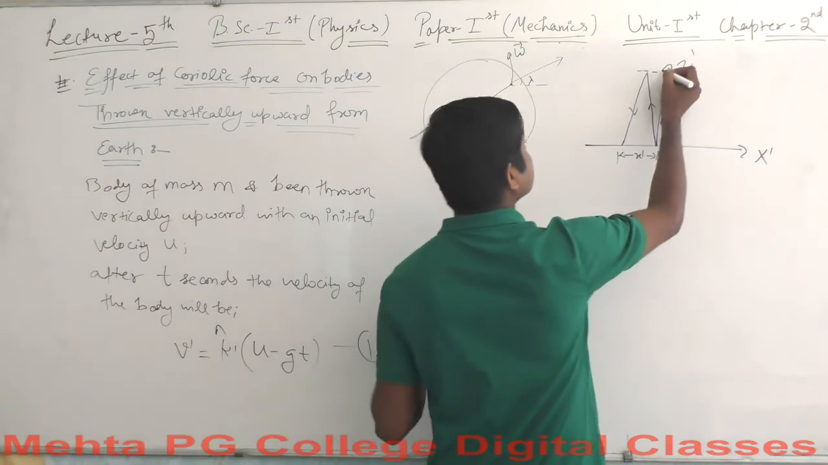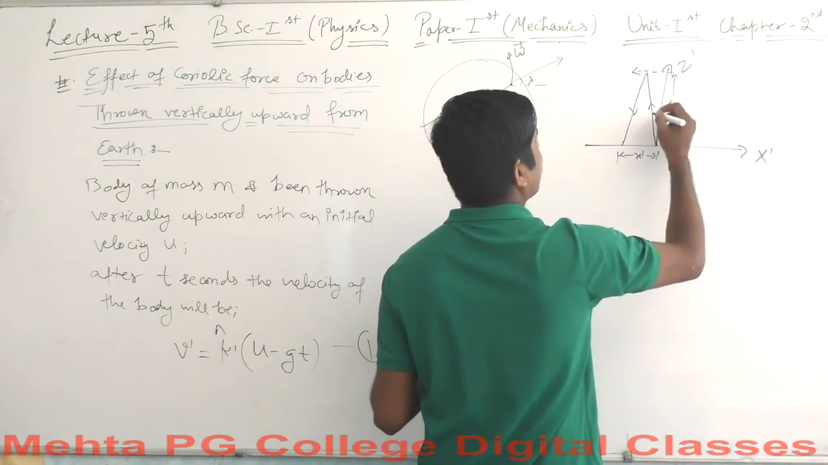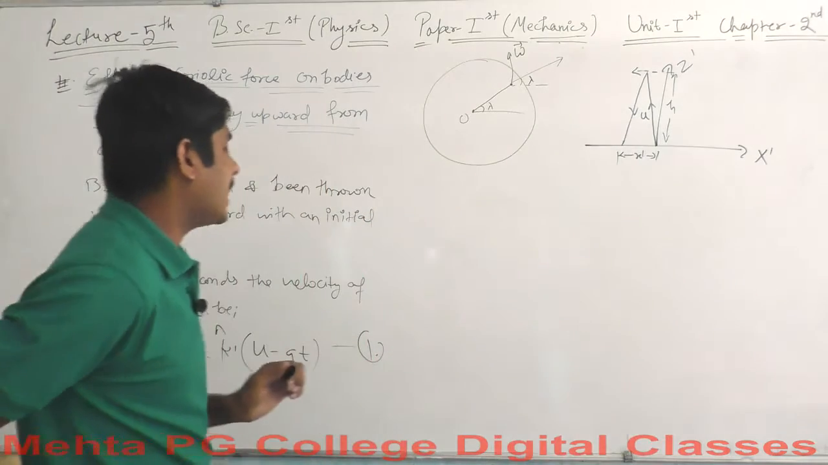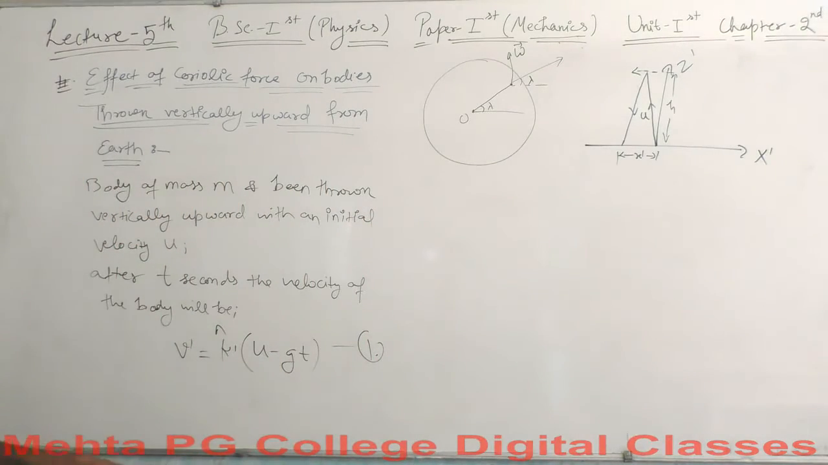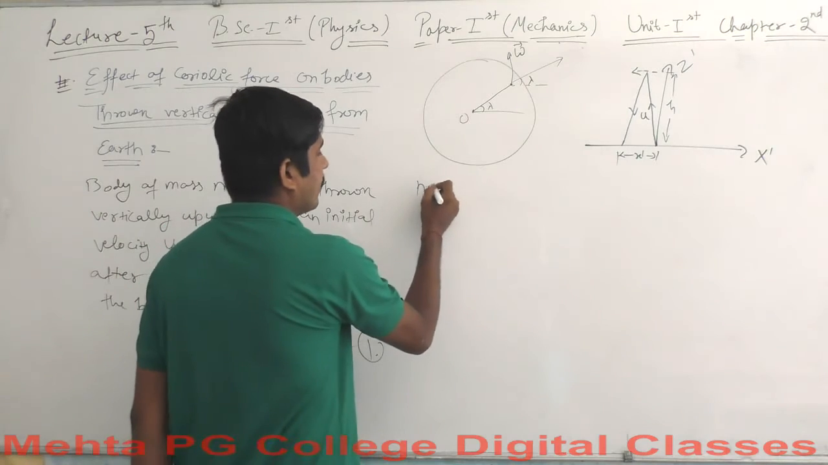Let's say this height is h and the initial velocity is u here. So let's find out what we have here. We will use this equation. Equation 1 is here. Now for the angular velocity,